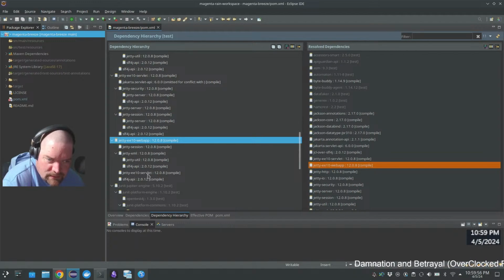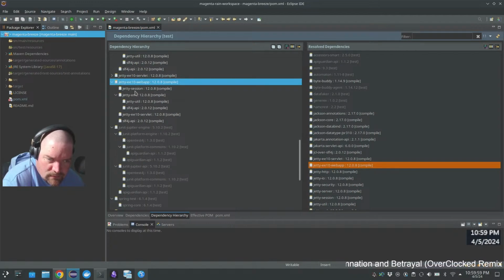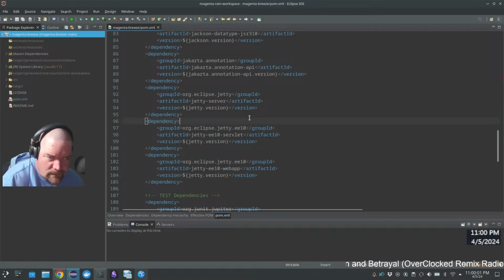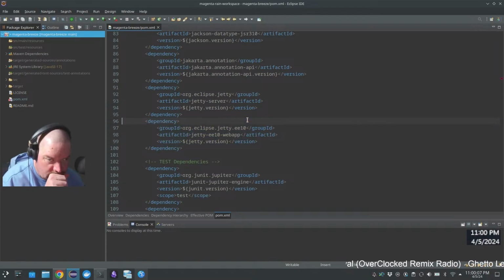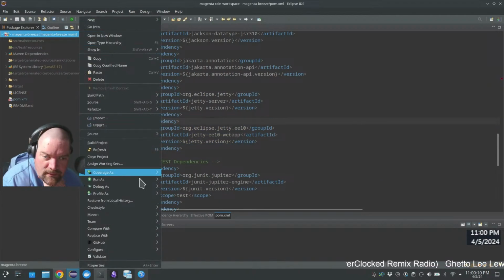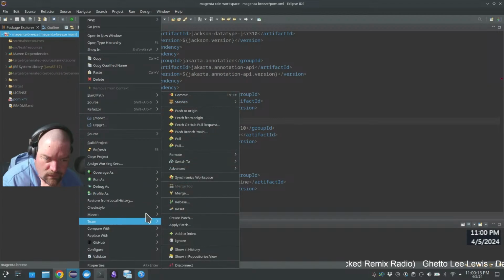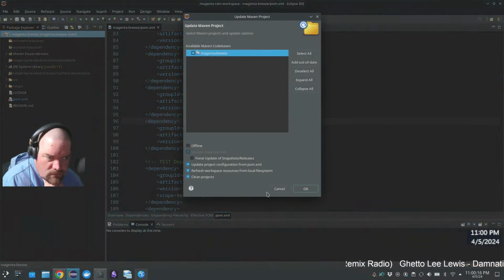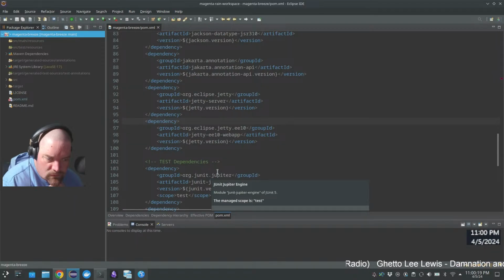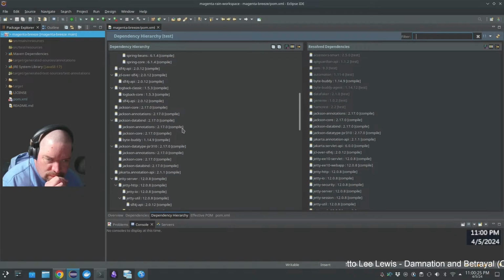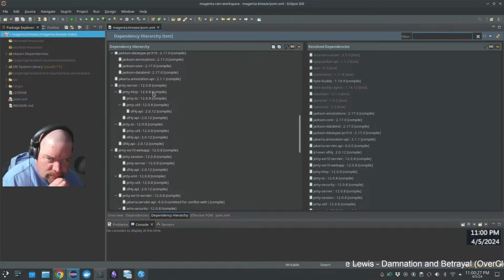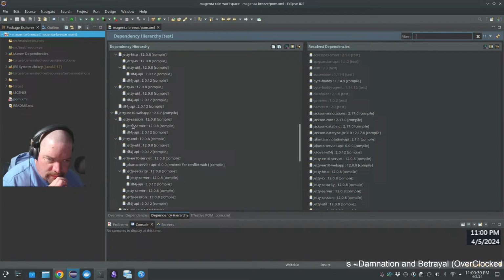Yeah, it brings in Jetty E10 servlet, so I can get rid of that one, and then let that come in as a transitive dependency here for the Jetty server. Jetty E10 web app brings in Jetty E10 servlet, all of that,